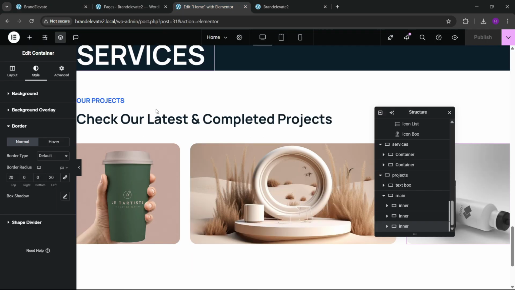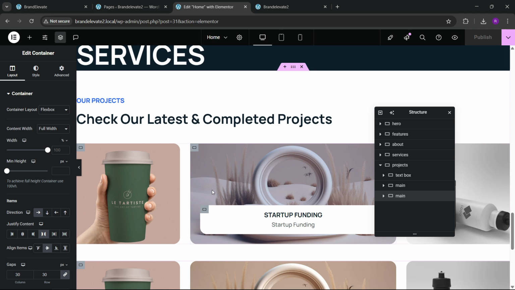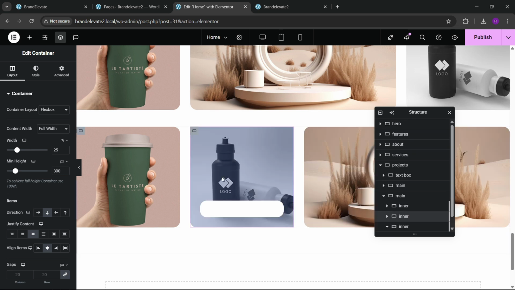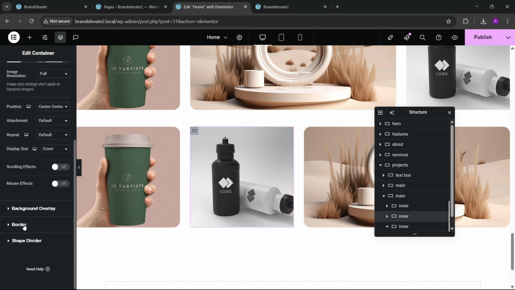Now we have to duplicate this. So you can see that we have these projects. So let me do like this. We have the projects and we have this text box, main box. So we can duplicate this main box again. Only we have to just have this in the last. Okay, so like this, and also we have to just go here and here, and here we can add the